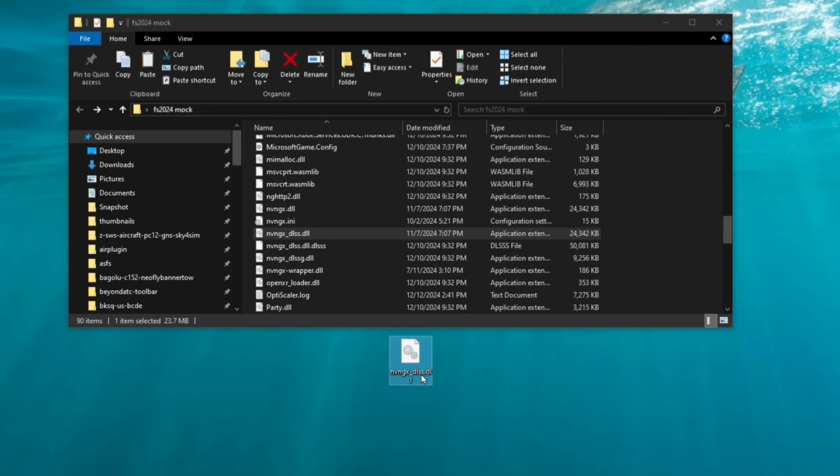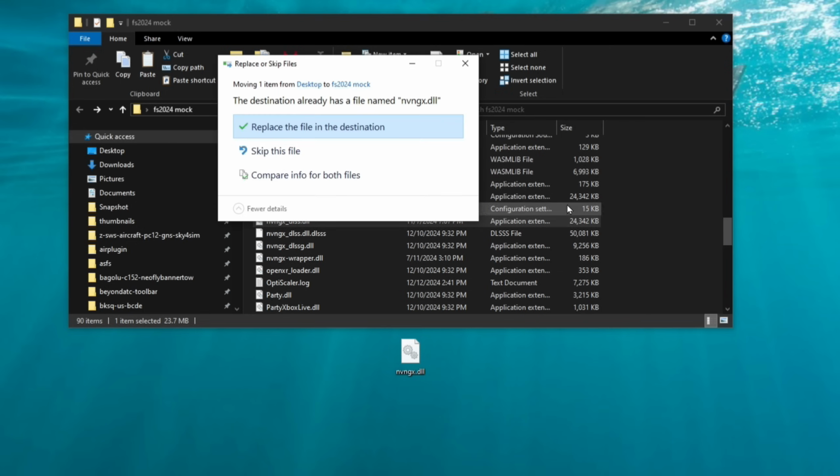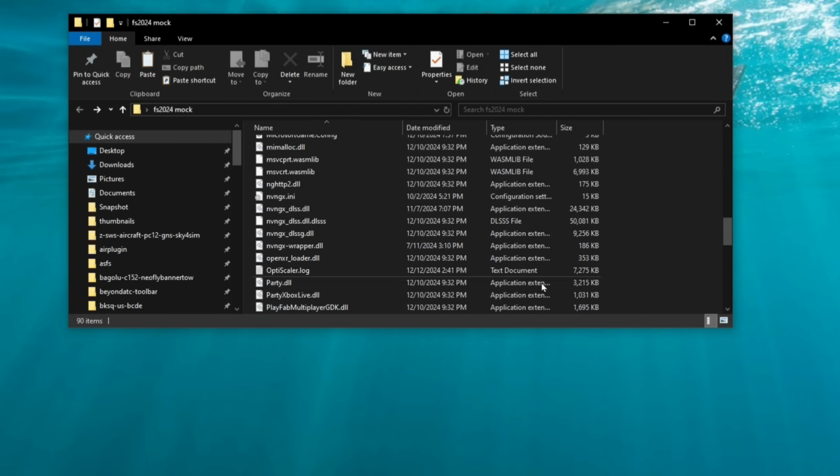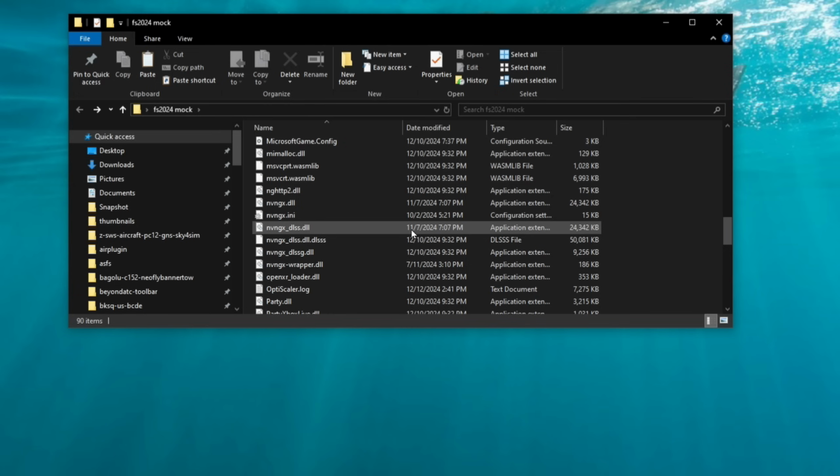Now we need to change the name of this file. All we need to do is delete everything except for nvngx.dll, and then we're going to drag that back into our Microsoft Flight Simulator main folder. For all the Nvidia users, that's all that we need to do. You can now load into the sim and it should boot up using this version. For all the AMD users,